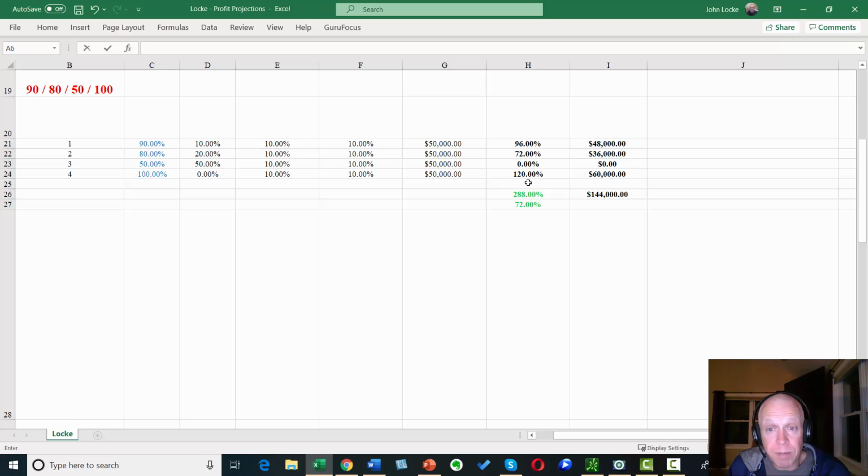And then in year 4 maybe we have a 100% win rate and we make 120%. If you add all those up, you get the same percentage return over 4 years as you had before. No difference. You also have the same annualized return of 72% per year. You also have the same dollar amount of wins after those 4 years.